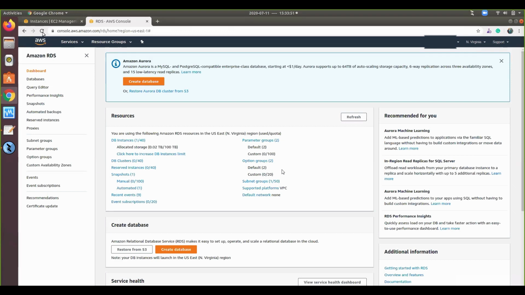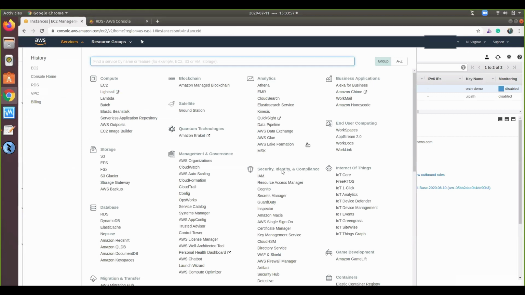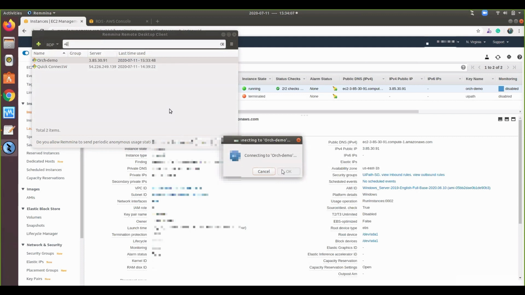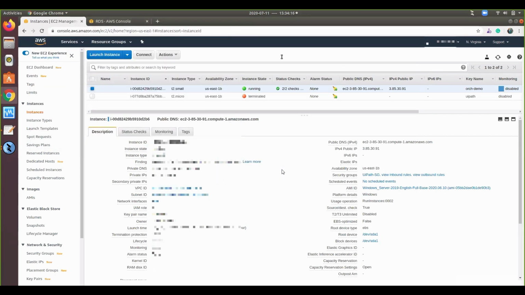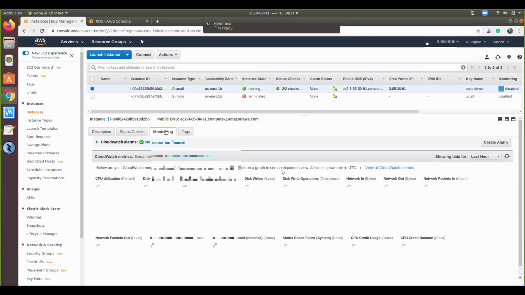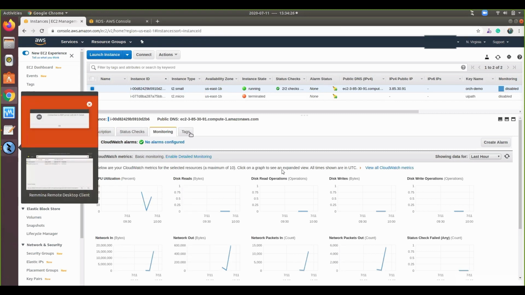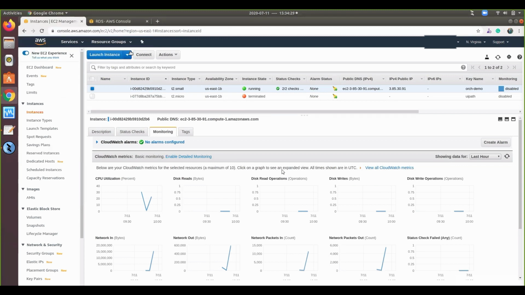I'm going to try to reconnect once again. Still, the machine is restarting.